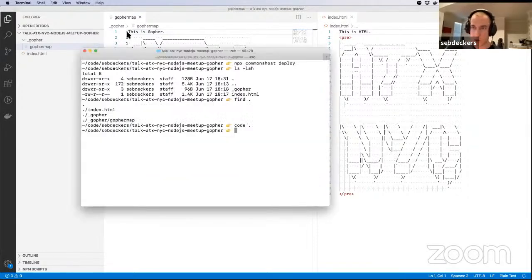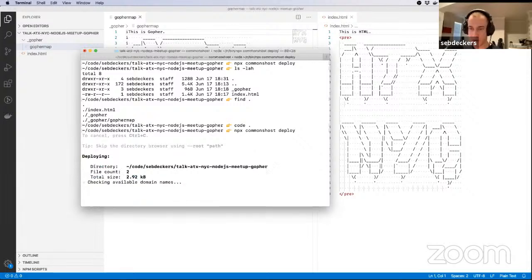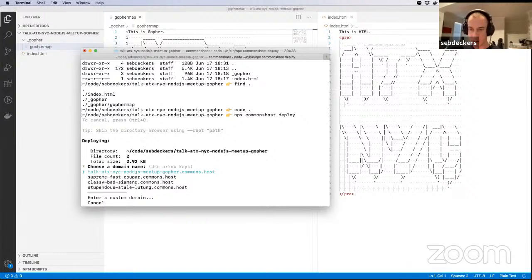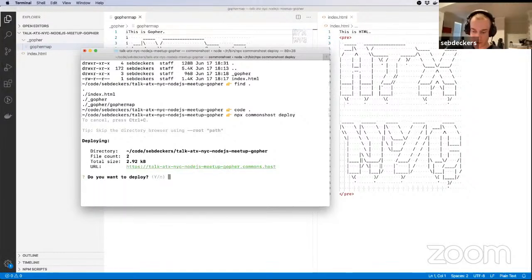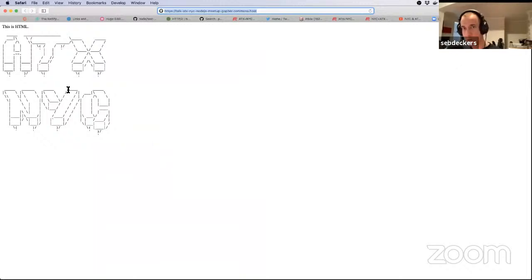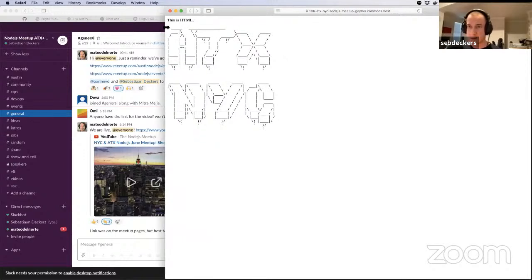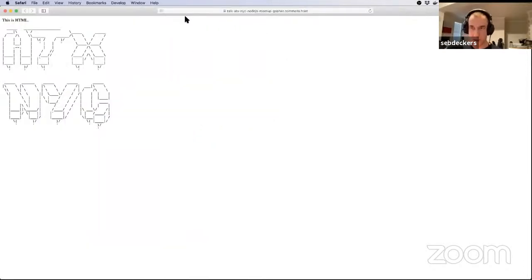I'm going to just deploy that and see what happens. So if I run npx commons host deploy, I want to deploy the current directory. Here we go. It's going to just try to guess some names. I'll just take the current domain name. And there we go. And if we open this up, then we have our HTML page. Hang on a second. Yeah. Okay, so if we then go